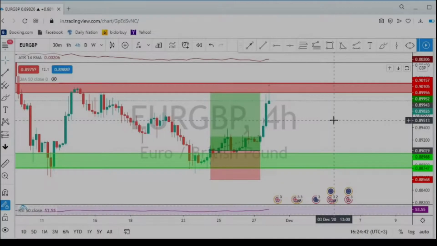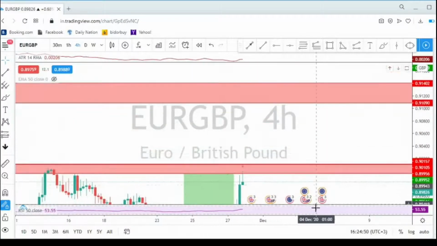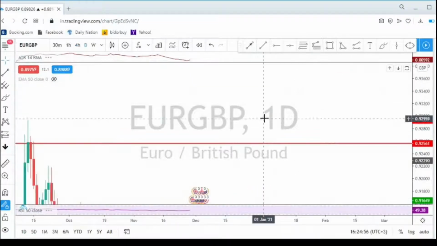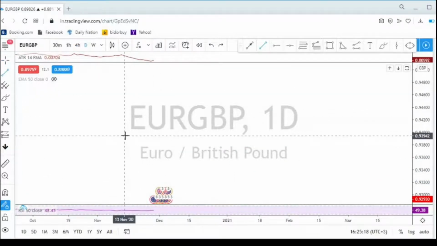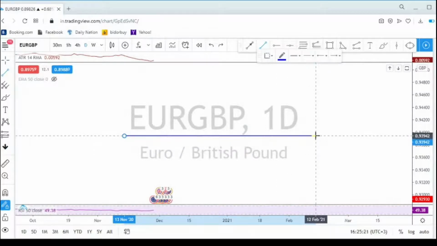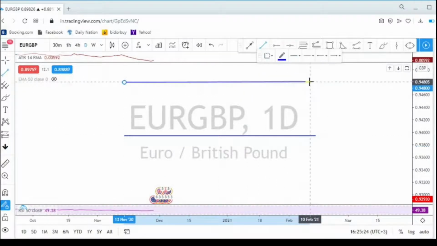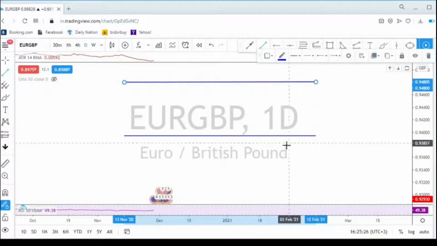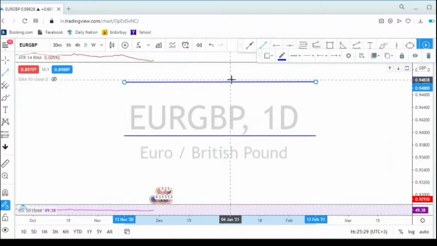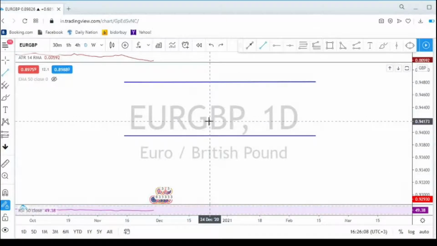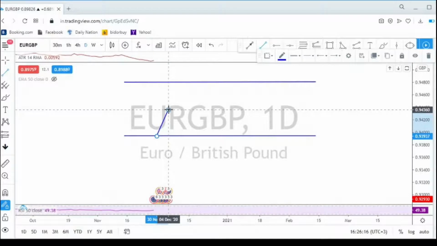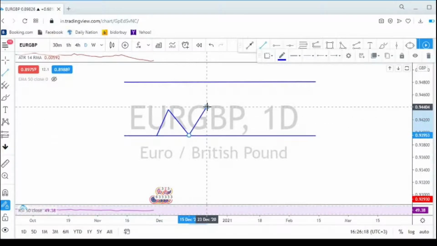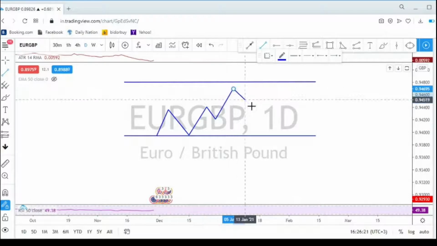With that being said, let me first go on a blank chart and explain this strategy. What you have to do is to go to a higher time frame and identify your key levels of structure. That can be your key levels of structure, support, and resistance. These key levels of structure should be the levels that have been tested multiple times. Let's say this support level was tested here as support and got rejected, went up here, went here,